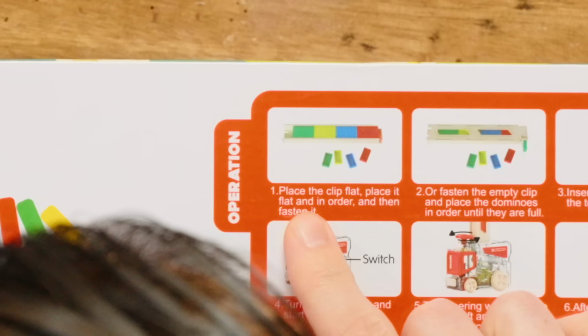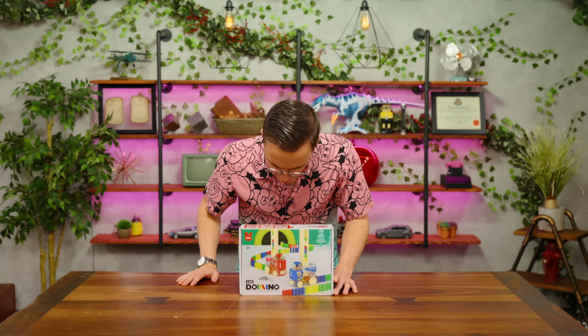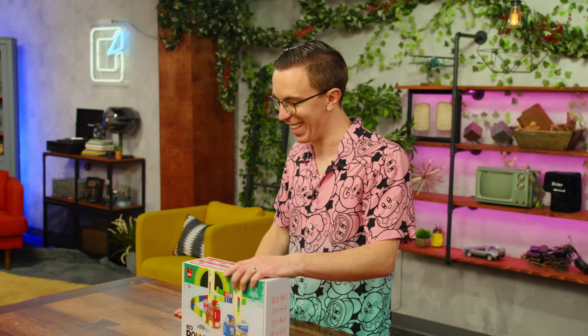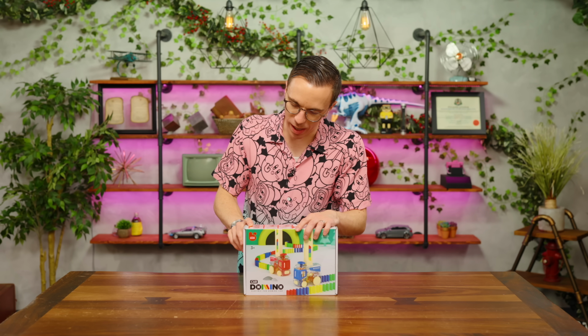Oh, it even tells me, okay, place the chip flat, place the chip. You realize this is for 3 and up, right? So basically you have to load a clip. Yeah, you're loading a clip. It's America, baby. It's for children. Yikes. Start them early. And then you insert the loaded clip into the top of the car